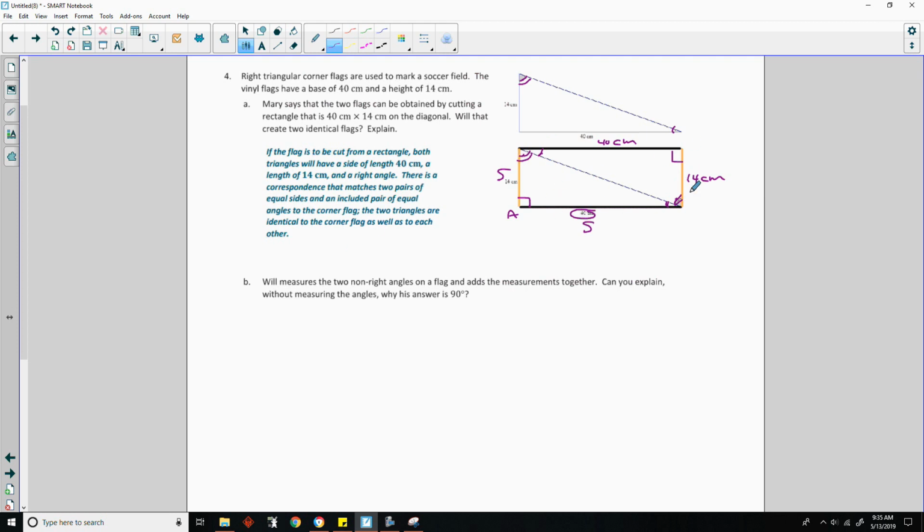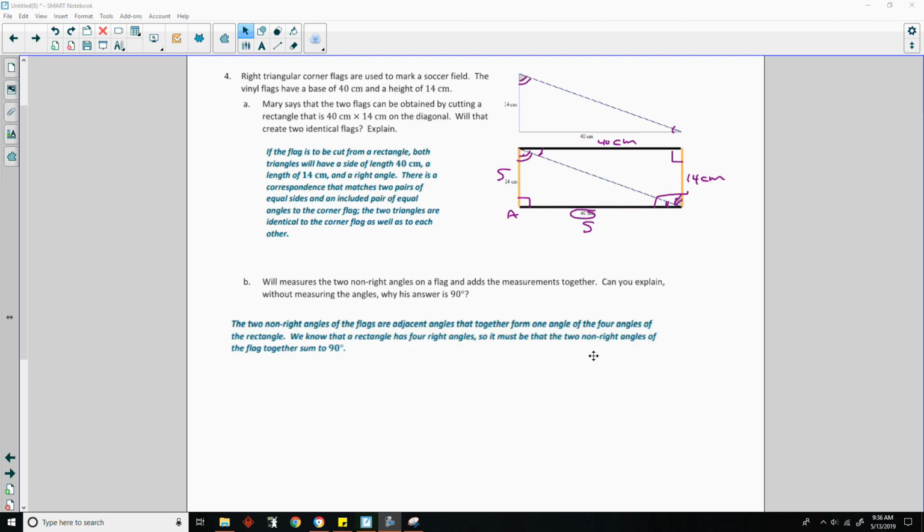All right, so since we know that these are rectangles, I know that this is 90 degrees. So those two angles have to add up to 90 degrees. So putting that into words, we say the two non-right angles of the flags are adjacent angles that together form one angle of the four angles of the rectangle. We know that a rectangle has four right angles, so